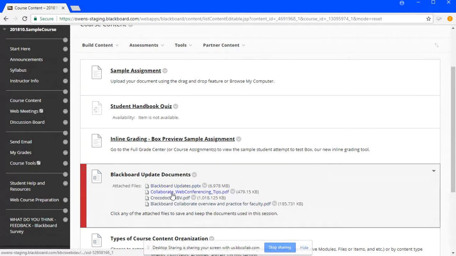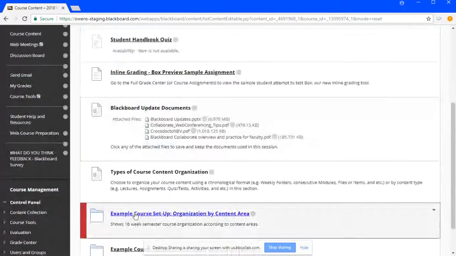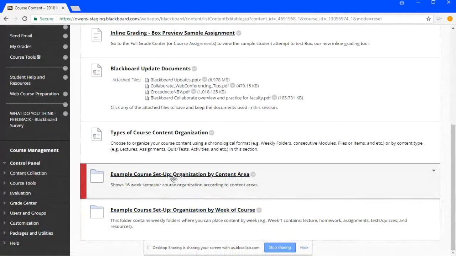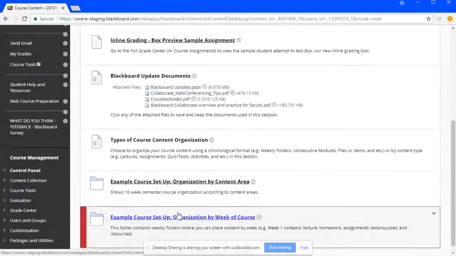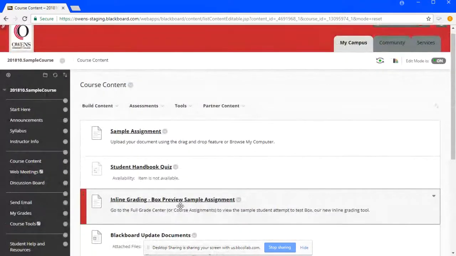I've got a copy of the PowerPoint, some information about how to collaborate using our web conferencing tool, the transition from our old grading assignment feature to our new one, as well as some practice exercises for you if you'd like to use on more information on Collaborate. There are a couple different ways. Some people like to set their information up by content area, such as tests, quizzes, assignments. You could also do it by week of the course. These are just some suggestions to help people get started when they're creating a web section.